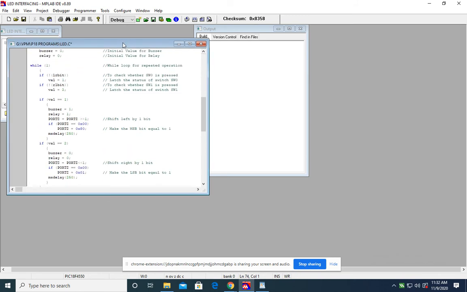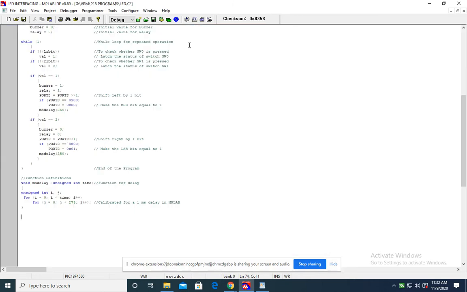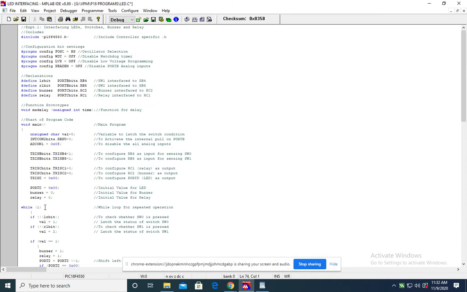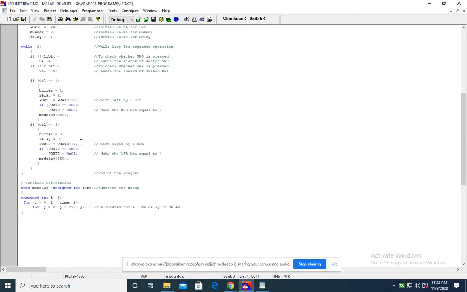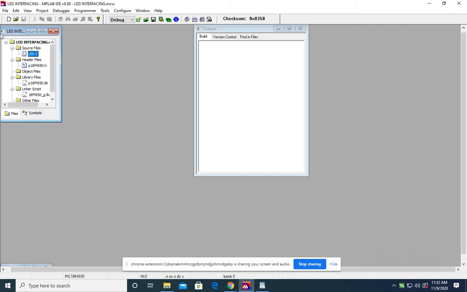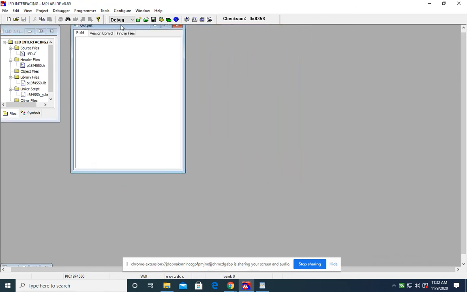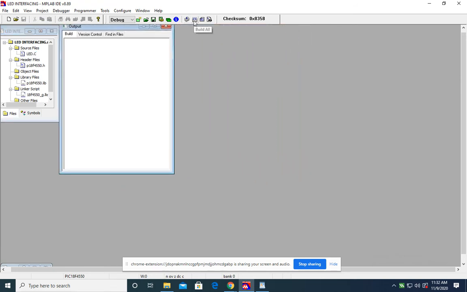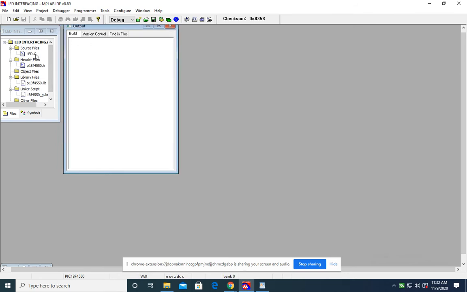After writing this program for the PIC microcontroller, you need to save this file. After saving it, you will go for this particular option, build all. This will compile your C language code, which will be converted into machine language.